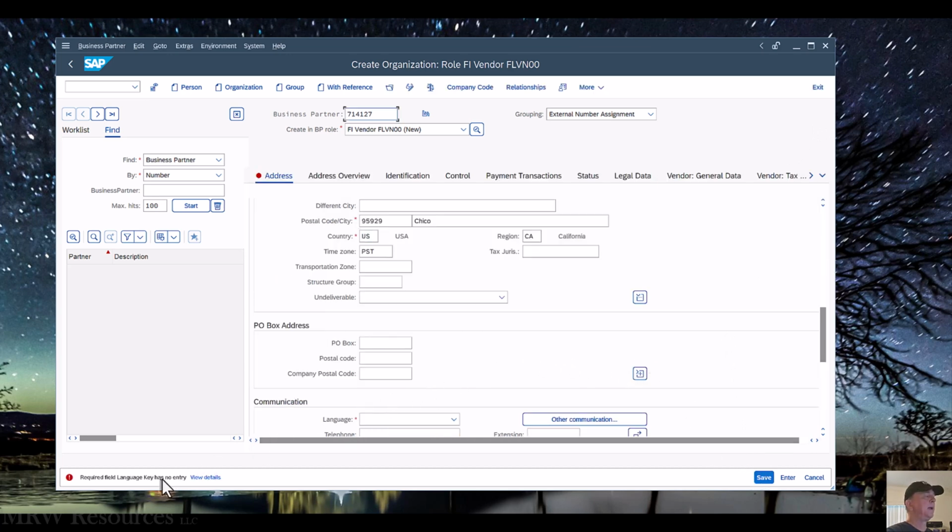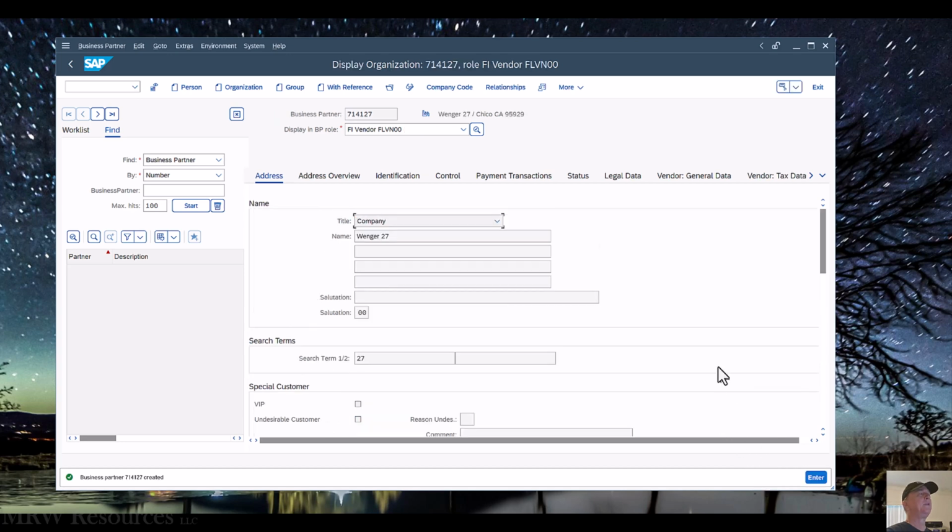Oh, I got an error message. My language key does not have an entry. I forgot to select my language, which does need to be English. Or I suppose you could set up any language you want. So now we save,